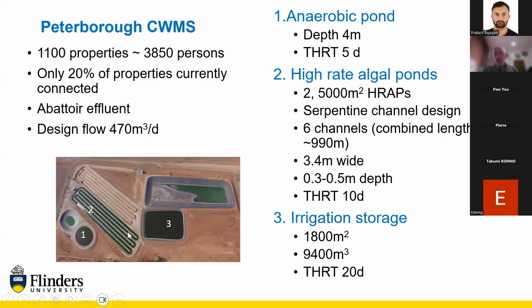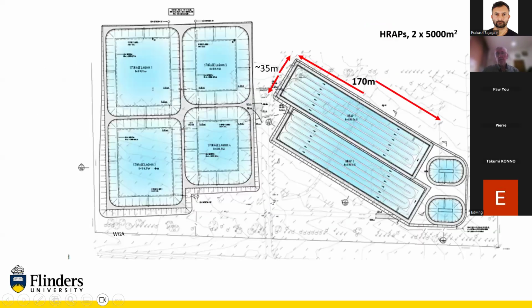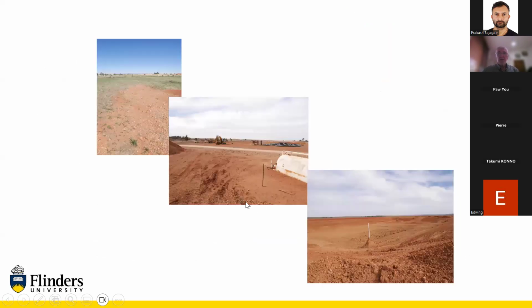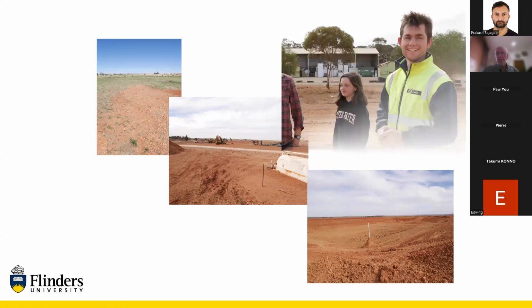The channel width is about 3.4 metres. It's got the retention time for the guideline value of 10, and it's got a lot of irrigation storage prior to being distributed for crop growth. Move on. So this was the early days, and this is when the ground was being prepared,